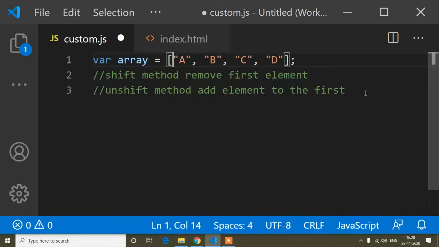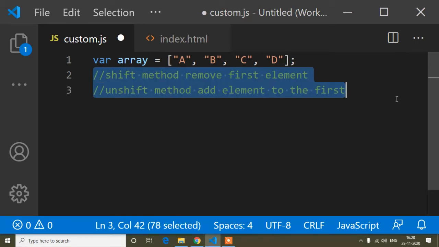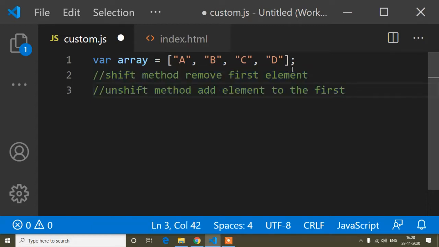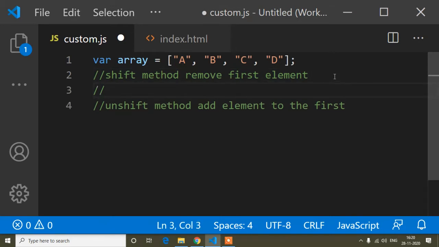And after that I will show you the syntax of the unshift method, but before that I will also discuss the difference between the array splice method and the unshift method. So here I think the difference between array shift and array unshift is clear now. And now I will discuss the splice method. So I will write here another thing, that is splice method.